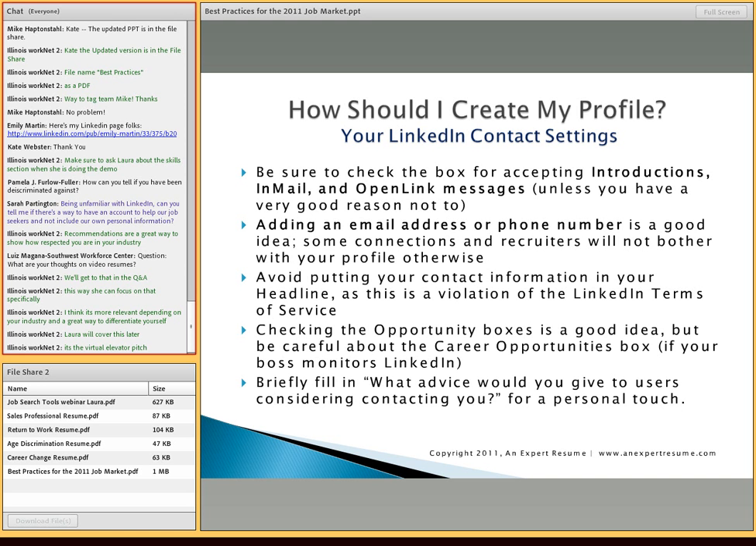So, in terms of maximizing LinkedIn, this is where a lot of people get confused. This isn't Facebook. You're not being judged by the company